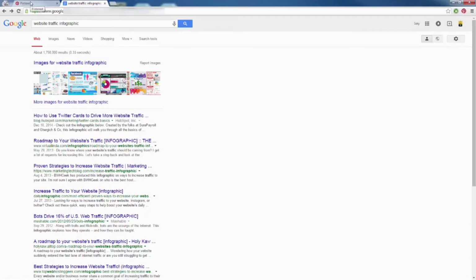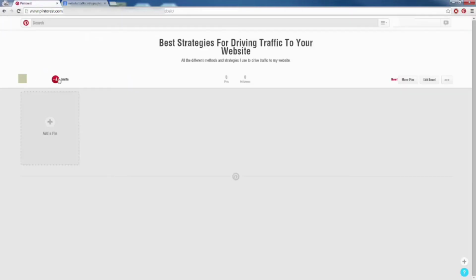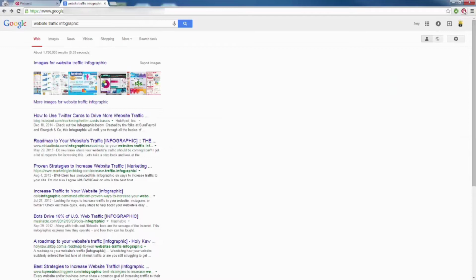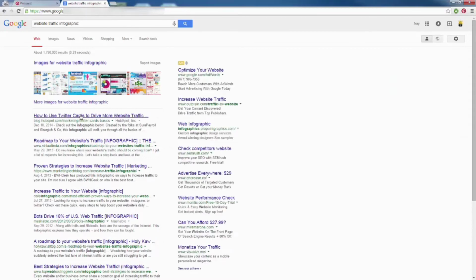Now, when you go to Pinterest and you sign up, they're going to offer you the opportunity to add a little icon up here on your Google Chrome or your Firefox, and it's called Pin It, and it's going to make it a lot easier to pin stuff to your board from all these different websites. So I went ahead and installed that. Now basically what I want to do is open some of these links up, and find some infographics that I could pin to my board that kind of gets the party started. I have some information there.